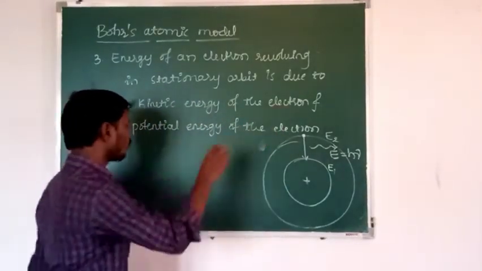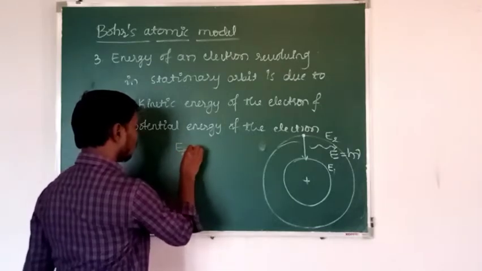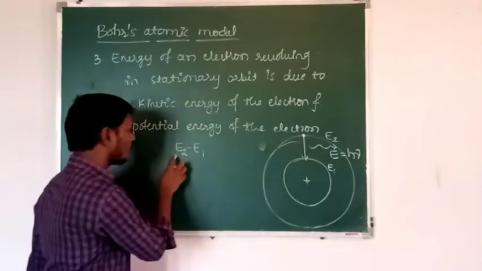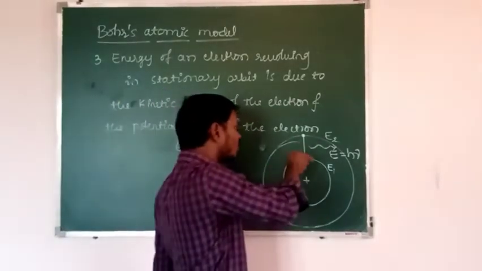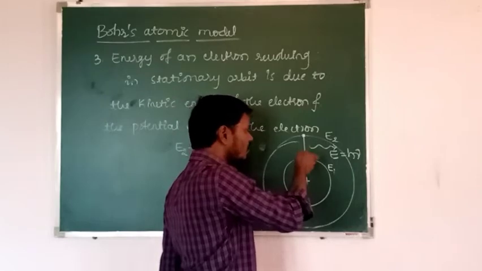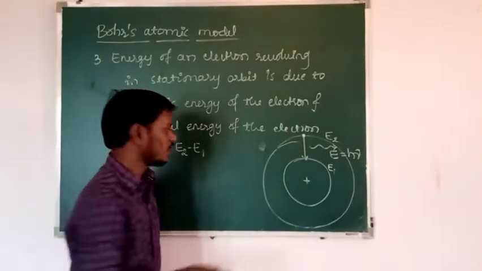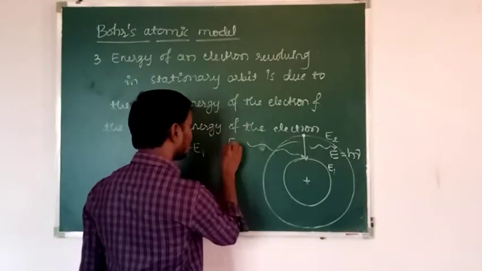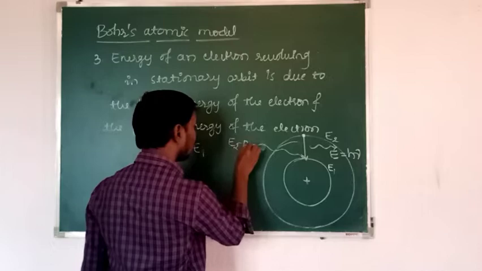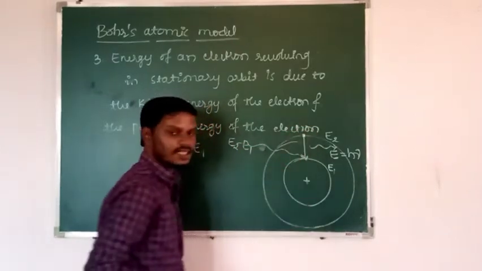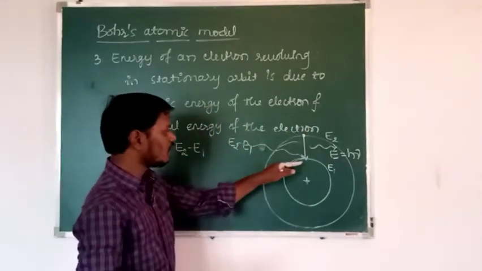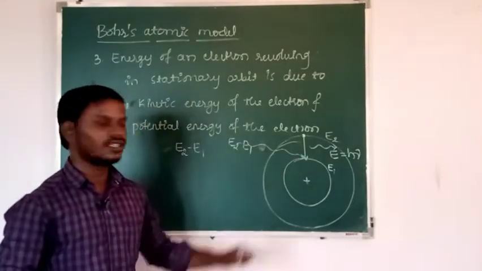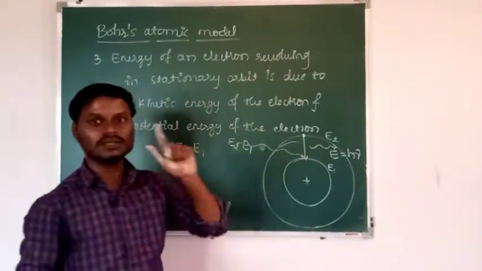Okay, see, suppose when this electron gains the energy, how much energy? That is equal to E2 minus E1, and this electron jumps from the first orbit to the second orbit. See here, this is the energy given to the electron in the first orbit. That energy is equal to E2 minus E1. Then this electron jumps from the first orbit to the second orbit. If the energy given to this electron in the first orbit is equal to E3 minus E1, that electron jumps to the third orbit from the first orbit.